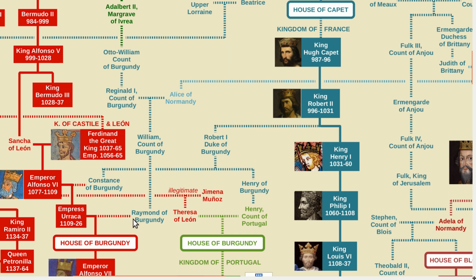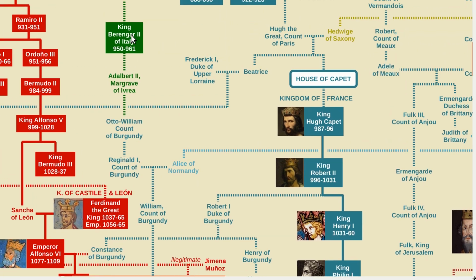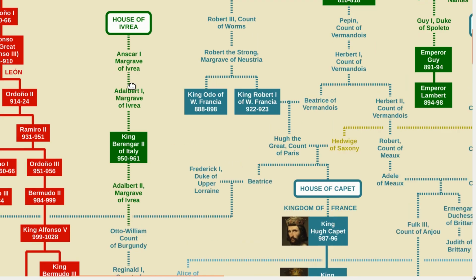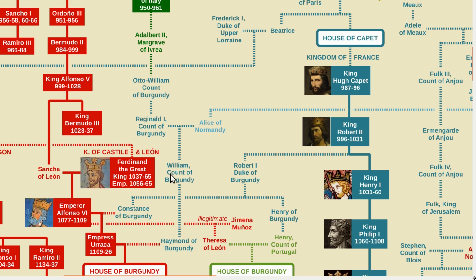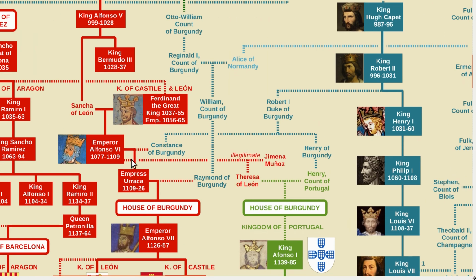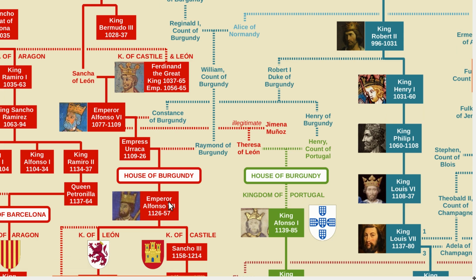Now this individual here, Raymond of Burgundy, was from a different Burgundy. He was from the County of Burgundy. You can see his ancestors here and how the line actually goes back to Italy rather than France. He also married one of the daughters of the emperor, and that daughter ended up becoming empress. And so the throne of Spain therefore eventually passed to his house of Burgundy when his son, Alfonso VII, became